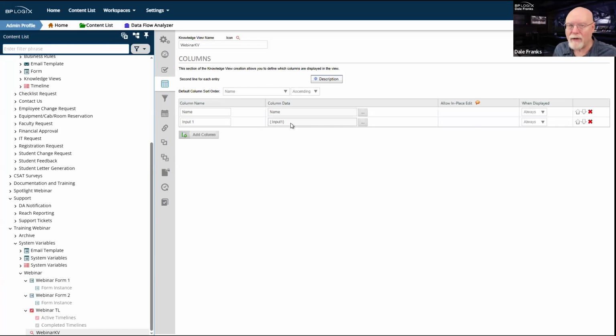And you don't have to pick the system variable out of the dialog box. You can type in your own system variables. As long as that system variable is evaluable in the context of whatever type of knowledge view you're running, it's going to return the data that you expect. Because everything in column data is system variables. That's how system variables work.